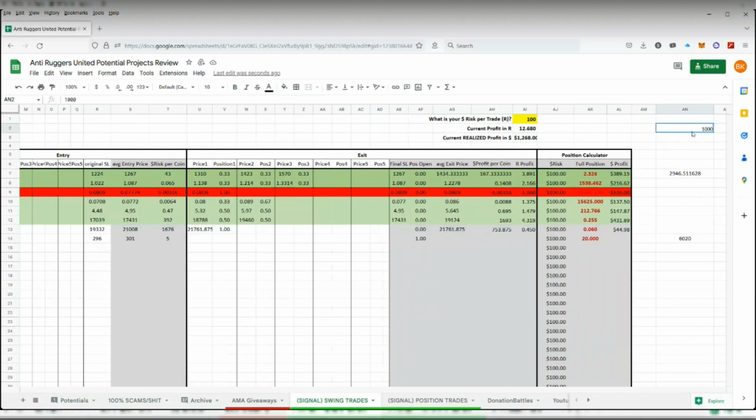So let's just say I have a $1,000 account. I'm risking $100 per trade. I need $6,000 to open a single trade, so you would need at least 6x leverage to open one trade. But most likely, you're not going to only have one trade open. You might have a lot of trades open. That's why you might want to use 20x or 100x leverage.